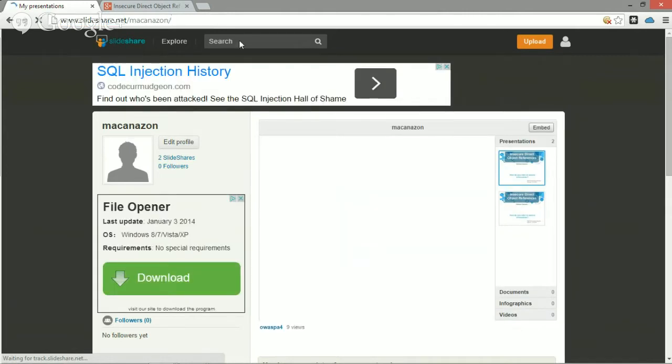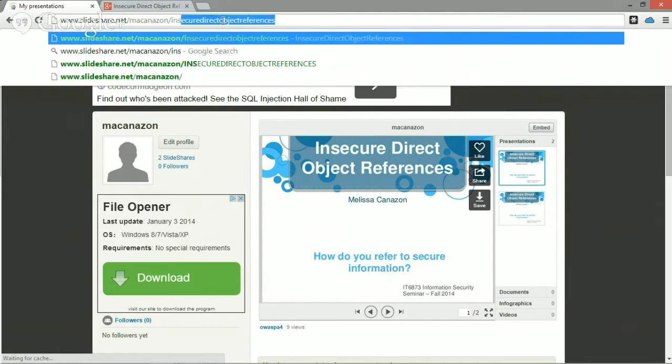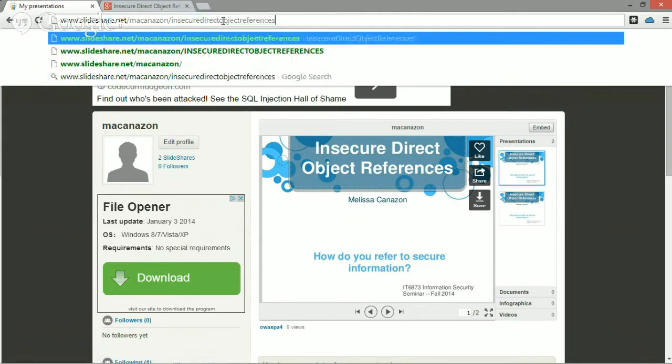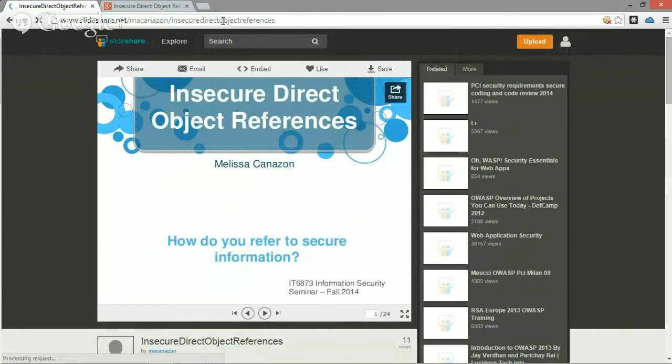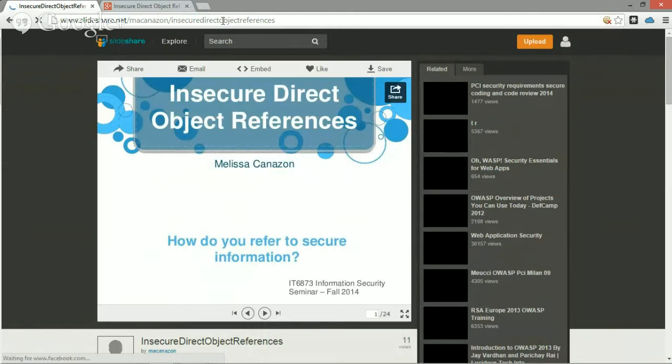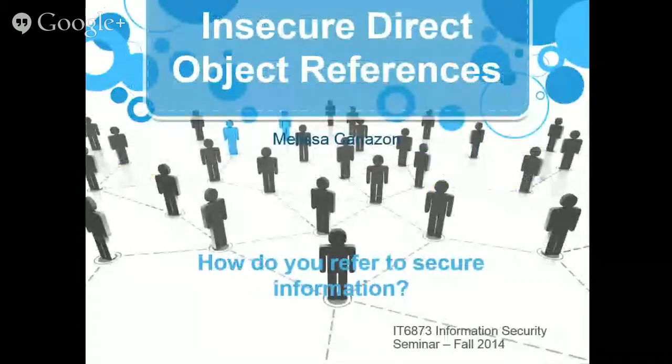So as you can see, I've used the URL to navigate to my profile page that shows all of the slides that I've uploaded. Now I'm going to go ahead and go to the actual site. Ta-da! And that is the actual slideshow presentation for the remainder of this presentation. That's a little redundant. Anyways,